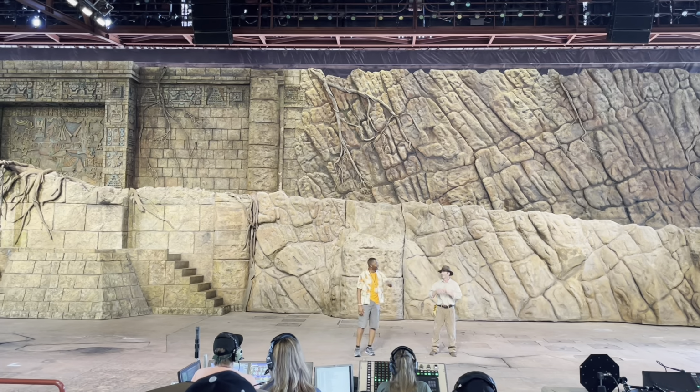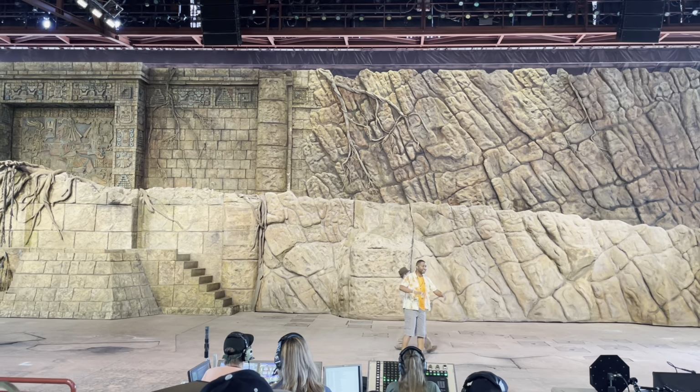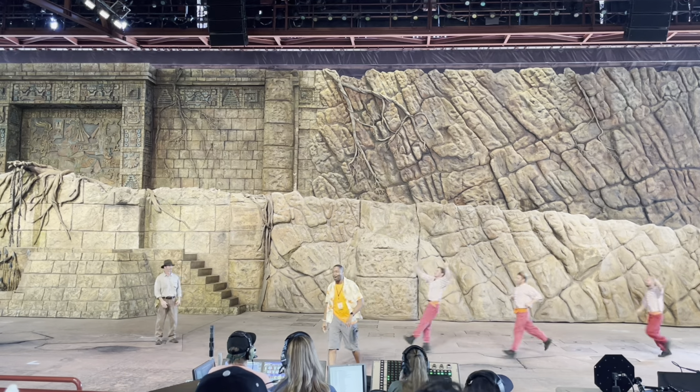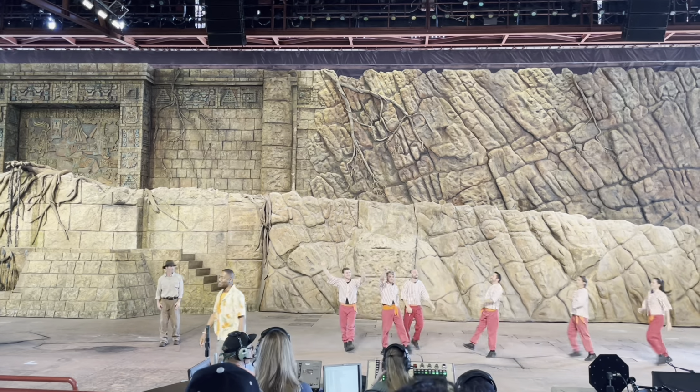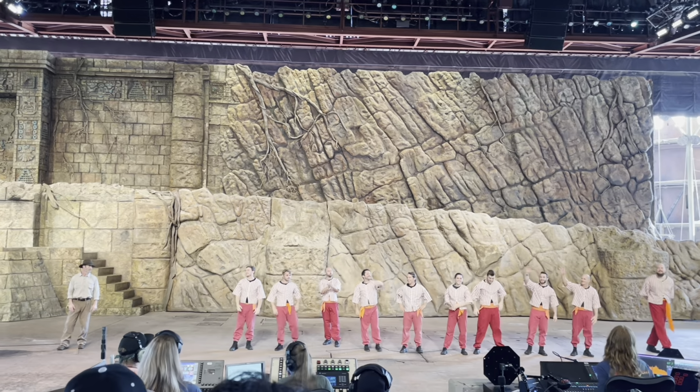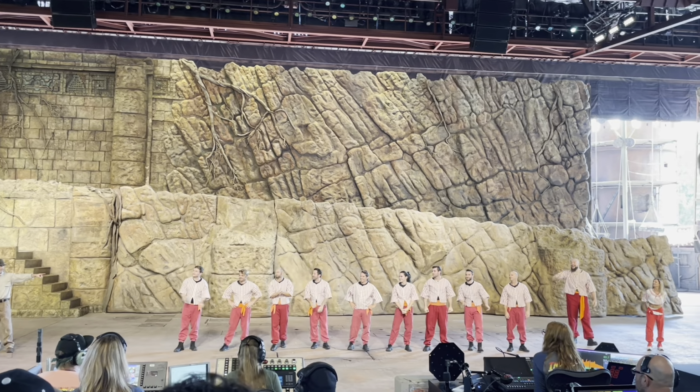And speaking of teamwork, it looks like the rest of the team are coming onto the set. Give them a round of applause. Thanks, Aaron. Here they are right now. Our epic stunt team. Well, I'd like to introduce you to our epic stunt team. Who do we have today? Well, we've got Mitch,